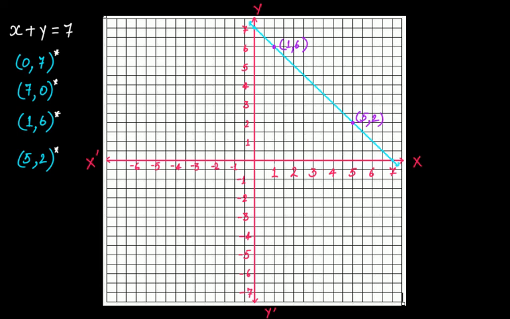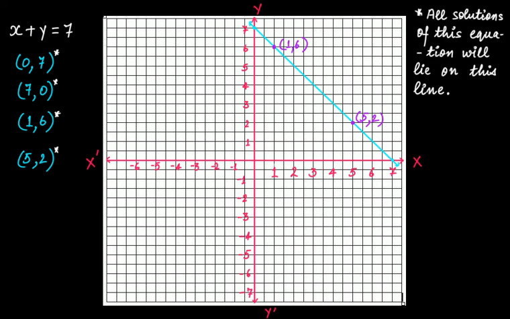So what's the point? The point is, all solutions of this equation will lie on this line. Okay, you take any solution of this equation and that solution or that point will have to be on this line. If you want to take a different solution that is not here, let's take, if you put x is equal